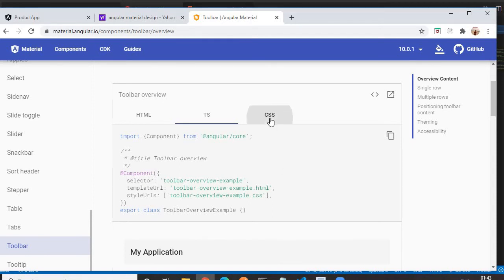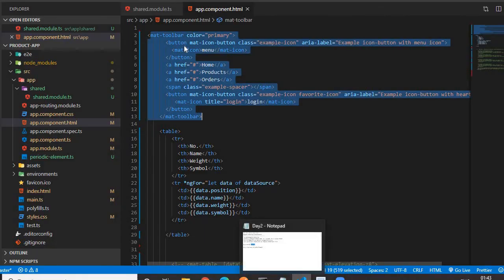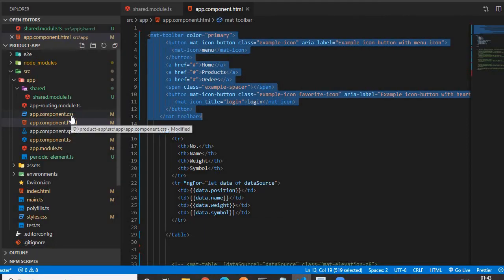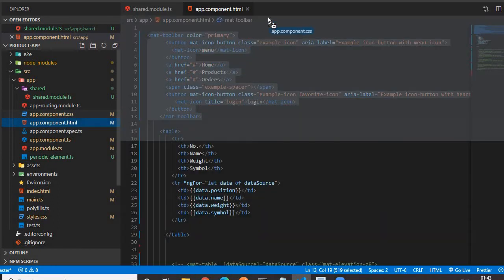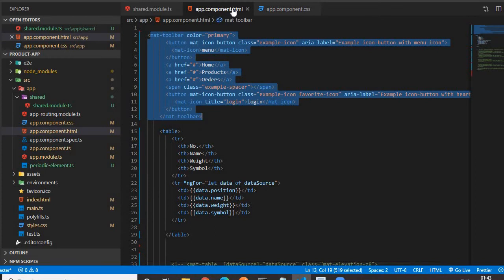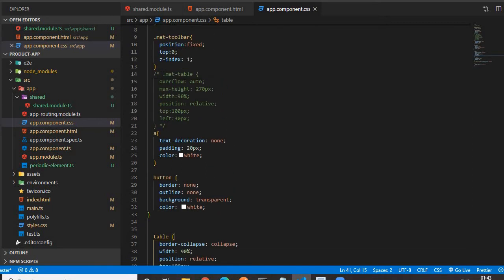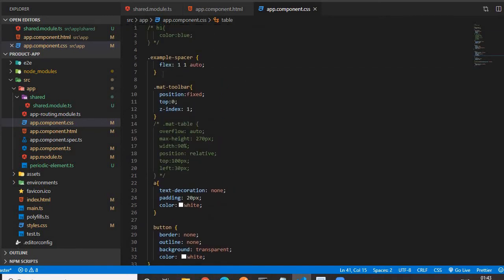Then I visited the CSS file and found one CSS. Whatever CSS I got, I just pasted in my corresponding CSS file. For the app.component.html file, the corresponding CSS is the app.component.css file. So I pasted the same CSS here.